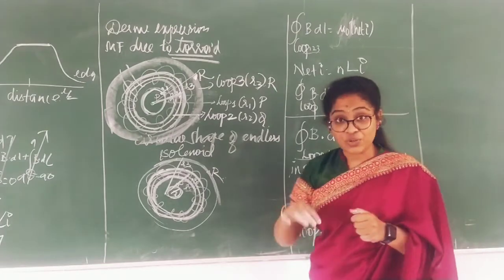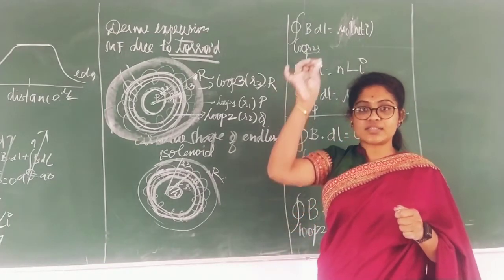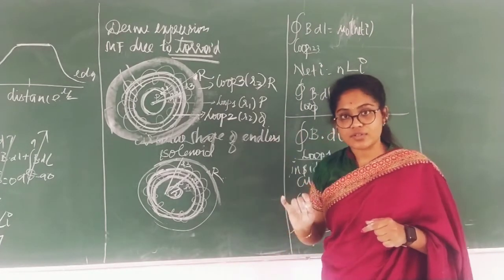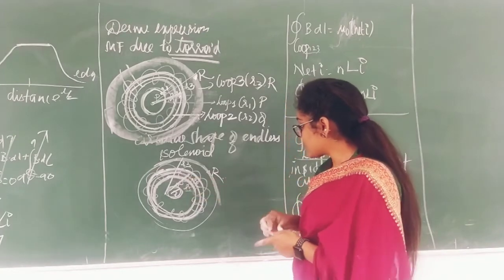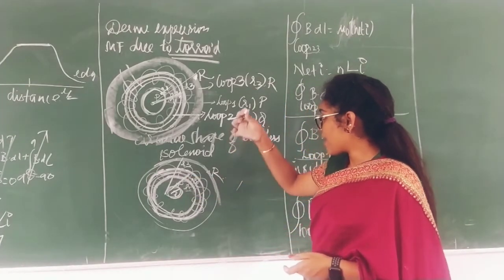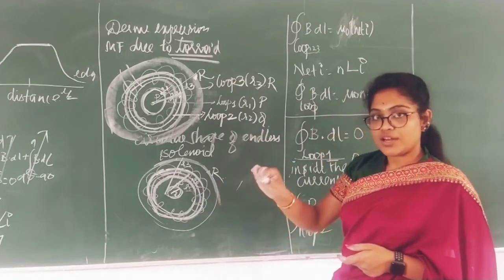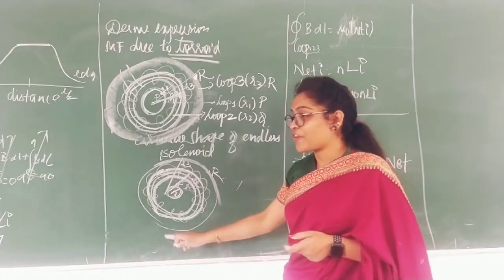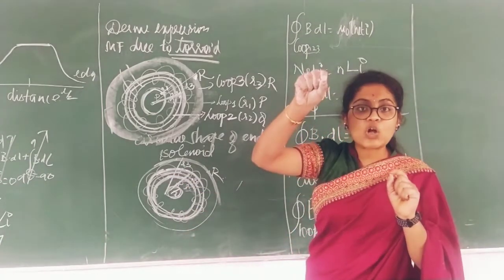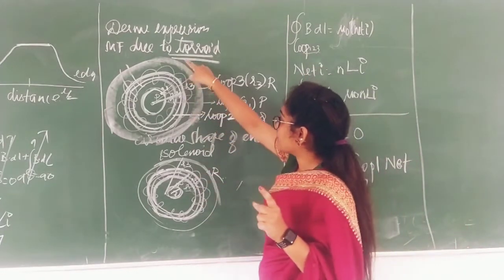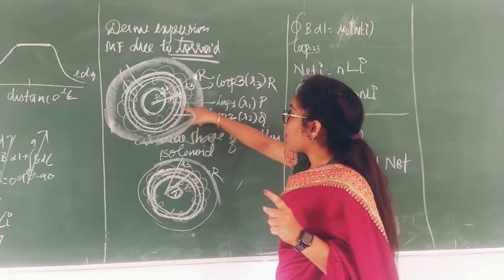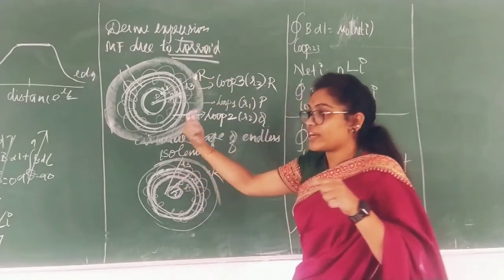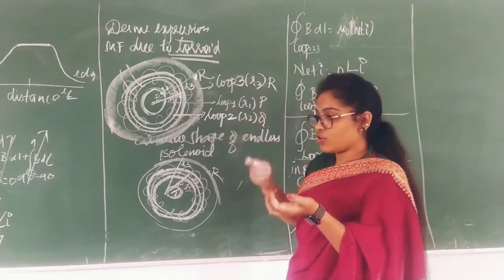See here, I said threading. I will take the current like this. I will go, I will come. You all know that entering current equals leaving current. Current is coming like this, going like this, again coming. It is coming inside, it is going. Outside the surface, there will be entering also, leaving also. Outside, there will be both the cases. Here it will enter and come, and here it is leaving. So, no threading.